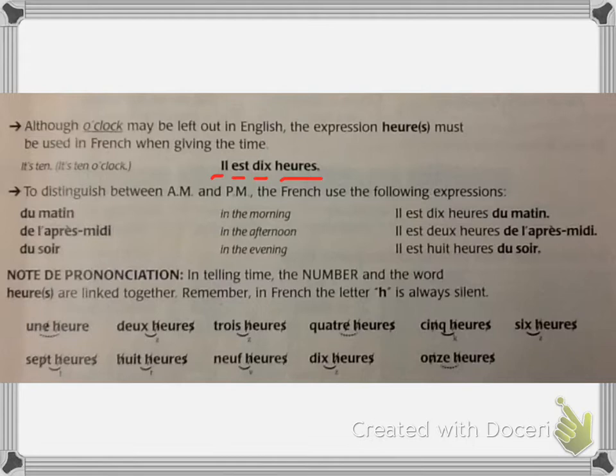To distinguish between AM and PM, the French use the following expressions. So we have du matin, which means in the morning, de l'après-midi, in the afternoon, and du soir, which means in the evening. S'il vous plaît, répétez: